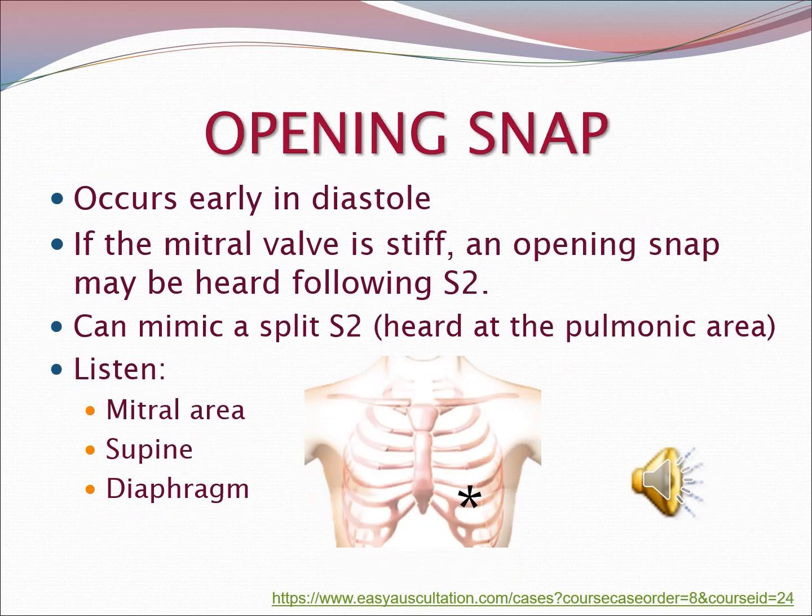An opening snap is caused by thickened valve leaflets. When they open, it produces a snapping sound. The more severe the thickening, the earlier in diastole the opening snap occurs, and these sounds are associated with mitral stenosis. It can mimic a split S2, which is heard at the pulmonic area, but an opening snap is heard